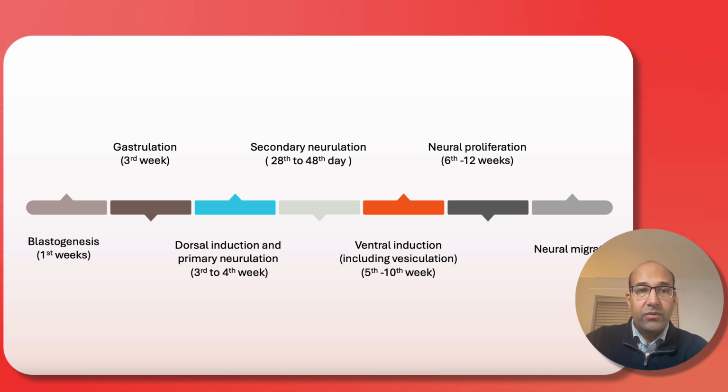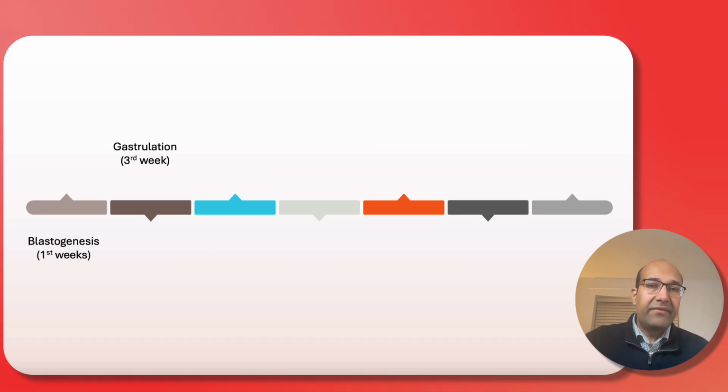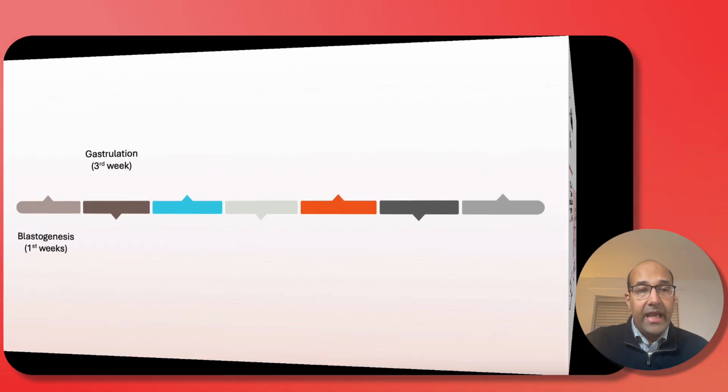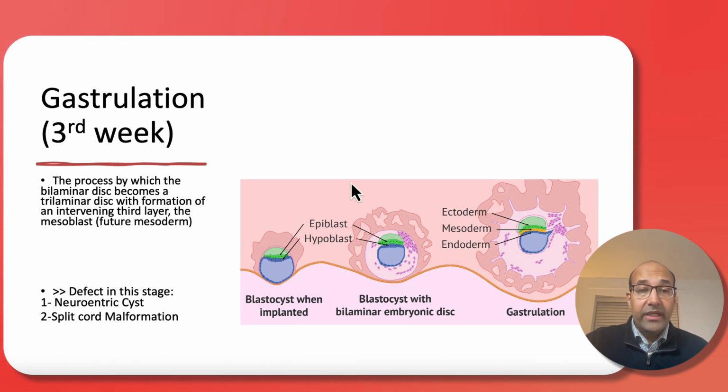These are the stages, as we can see. We'll go through them. In the first week, we have blastogenesis, with the embryo containing 2 layers, and in gastrulation, the 2 layers become 3 layers by adding mesoderm, and this happens in the 3rd week. A defect at this stage can lead to 2 main neurosurgically relevant conditions: neuroenteric cyst and split cord